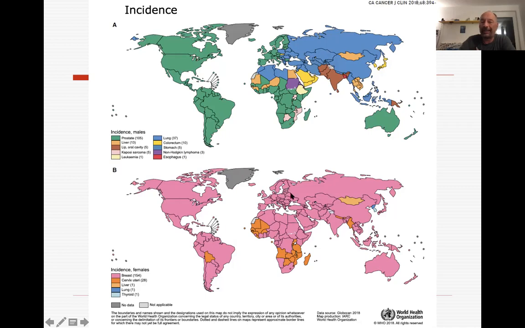So now you see clearly that for males, the green color is prevalent, and the green color is, of course, prostate. You see Europe, United States, Africa, especially Central and Southern Africa, Australia, prostate by far. The blue color is prevalent here. This is lung. Apart from prostate, the lung is also fairly common in many countries,